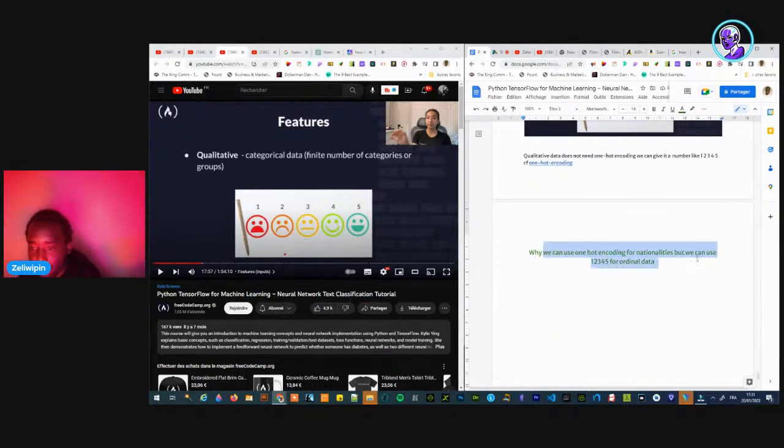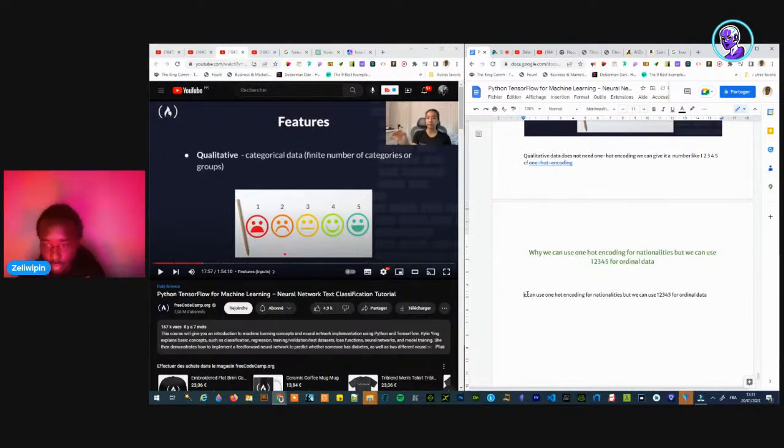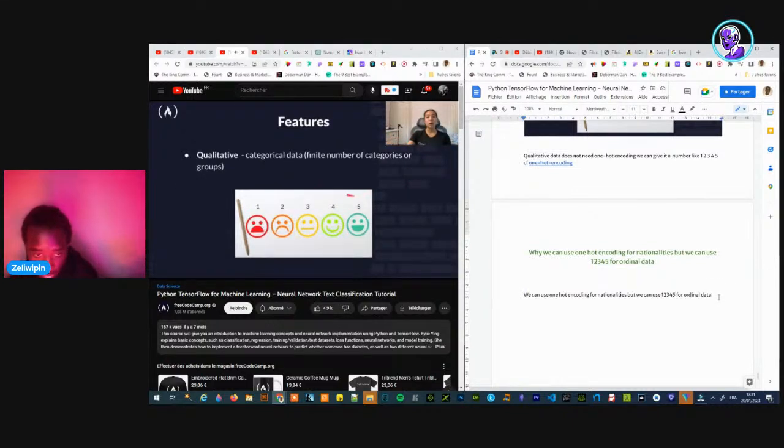We can use different nationalities. Oh yes, we can use ordinal data because a computer knows that 2 is closer to 1 than 5.